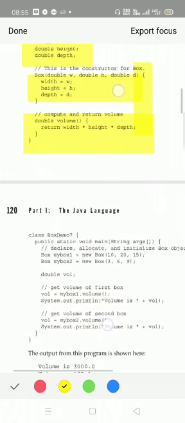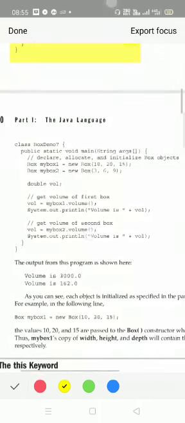Okay. A main function is to be included inside another class module. Here the class module we have chosen is BoxDemo7. So the file name should be BoxDemo7.java. Then to execute that file, what you are supposed to do? Say javac followed by BoxDemo7.java, that is for compilation, and to check the output, java followed by space followed by BoxDemo7.